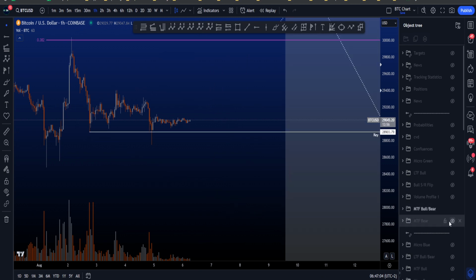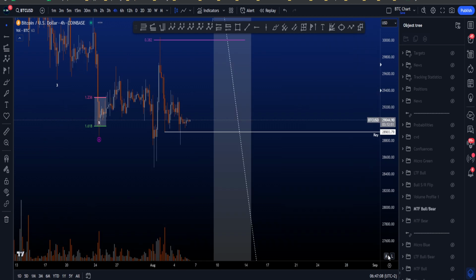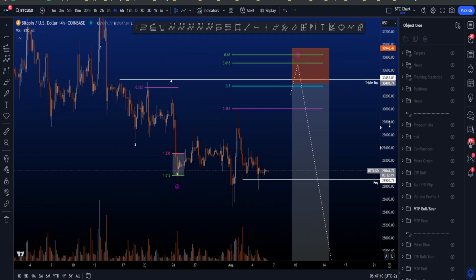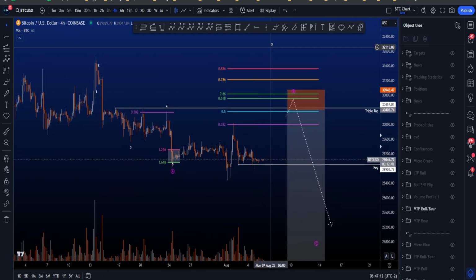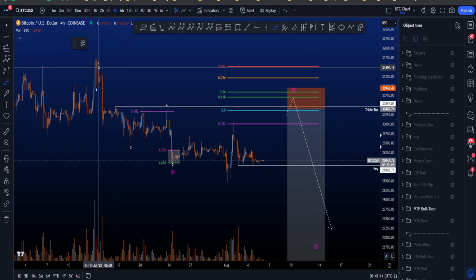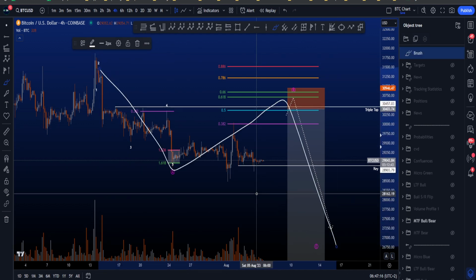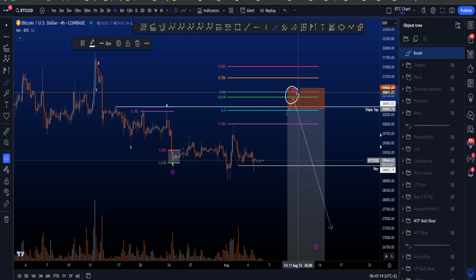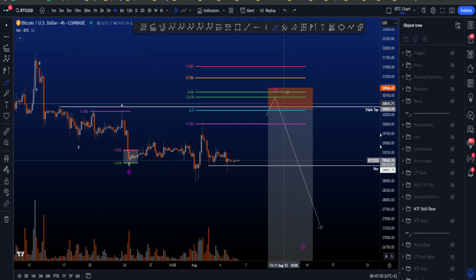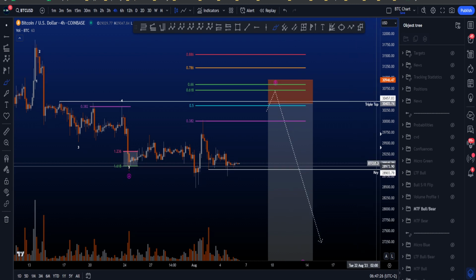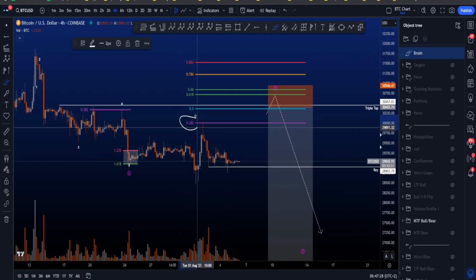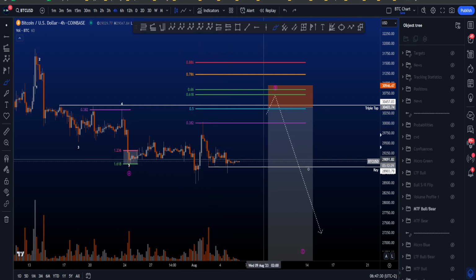If we then go to the medium time frame bullish but then eventually a bearish scenario, we are looking still for a move towards the upside. So in this particular scenario, we are also looking at a zigzag ABC to the downside, but wave B is not yet finished. So now we have wave B up here, where I think the triple top at 30.4k is incredibly interesting. Now a minimum target for wave B is the 0.382 fib, which has been hit,